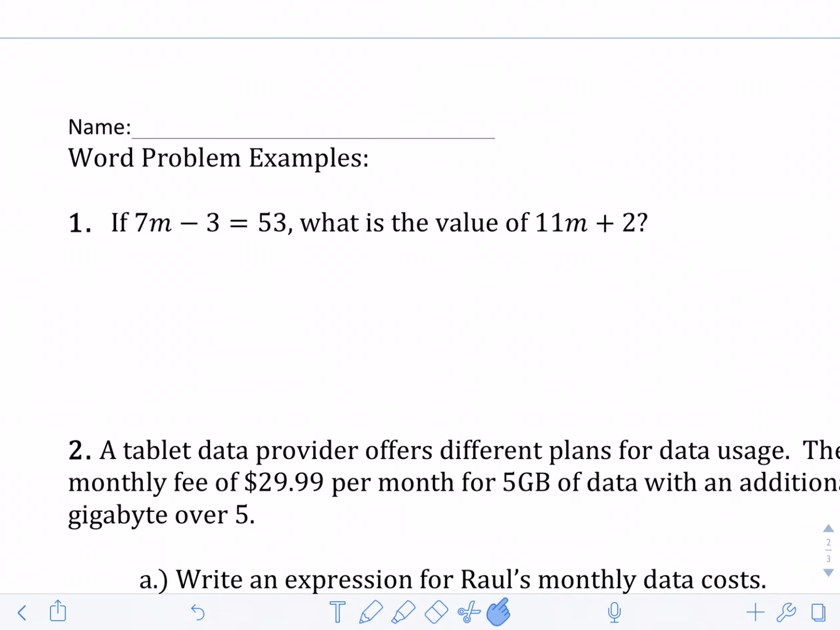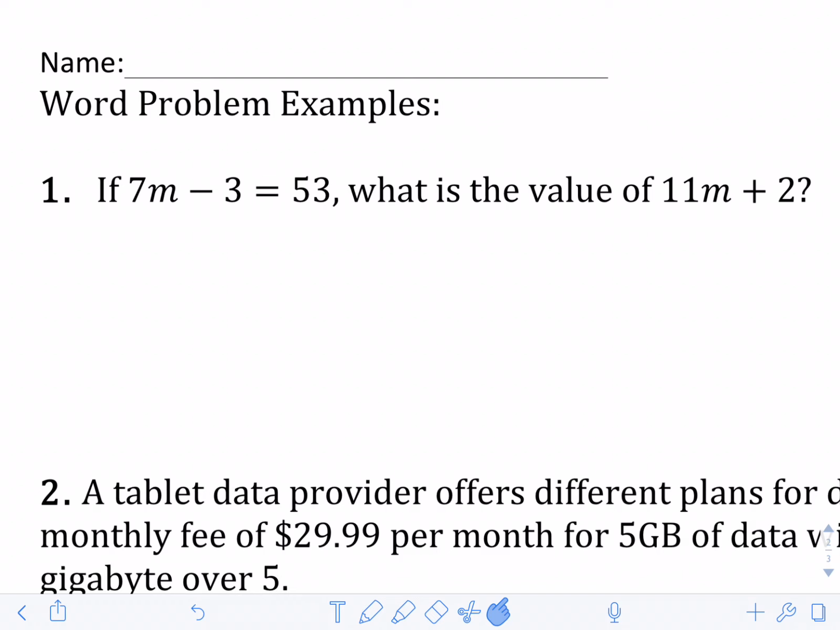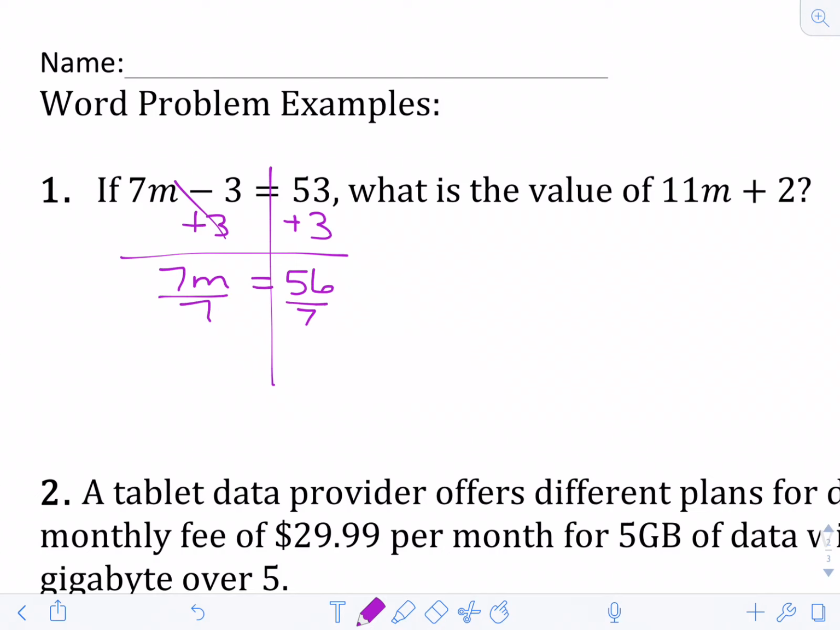If 7m minus 3 is equal to 53, what is the value of 11m plus 2? Well, first I'm going to go ahead and I'm going to solve this first equation for m. I'm going to add my 3 to both sides because I got to solve for that 7m. So 7m is equal to 56. I'm going to divide both sides by 7 to get m by itself, and m will actually end up being